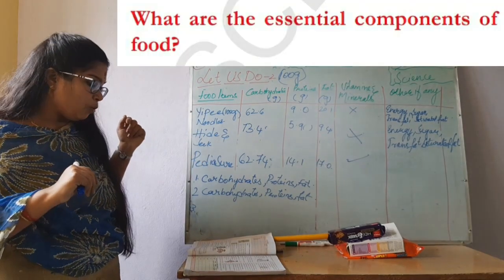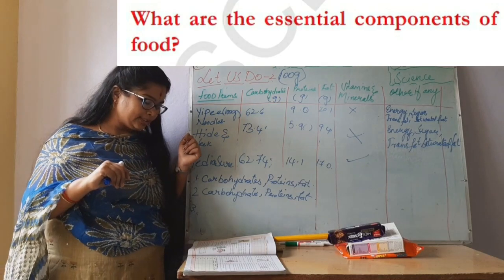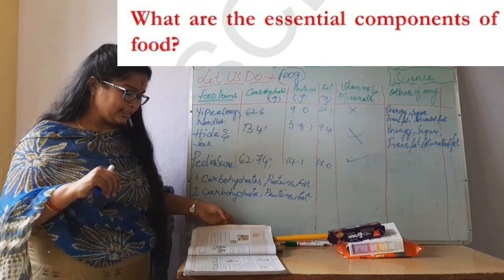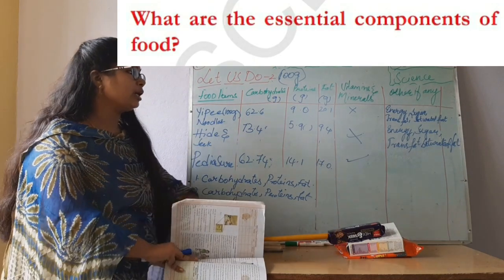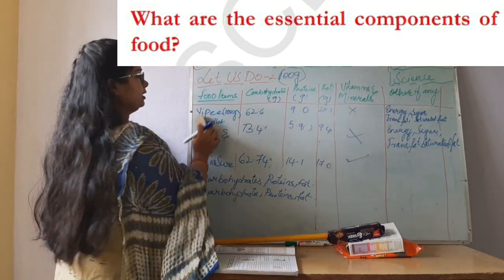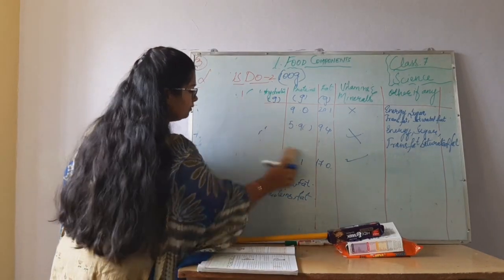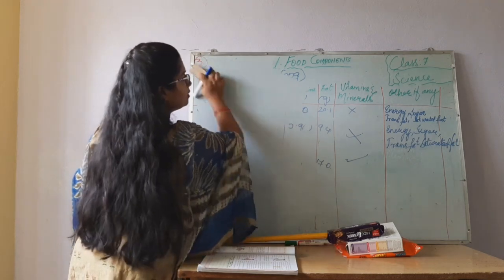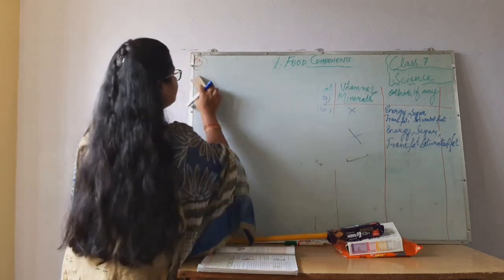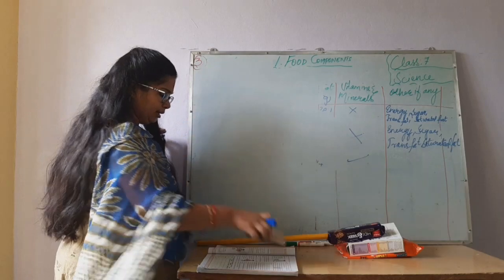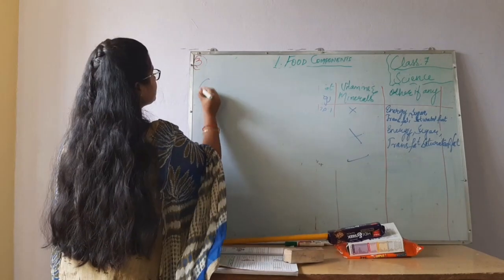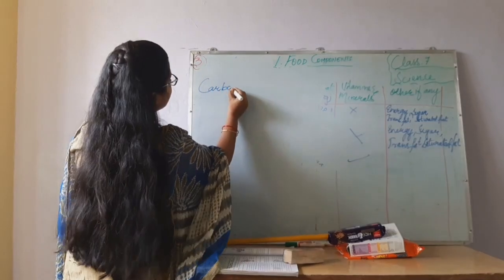And next, what are the essential components of food? Our food consists of carbohydrates. So our food consists of all we have learned, isn't it? What are those? What are we going to get from our food? Carbohydrates. We have discussed, isn't it? Carbohydrates,